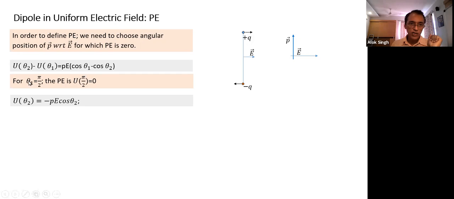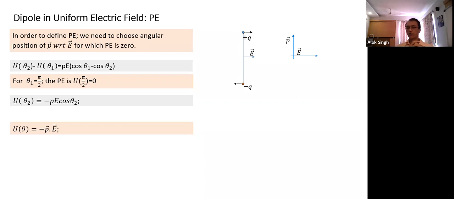And we like this expression a little better. What is this expression here? It's a dot product. So why have we chosen this particular value as a reference? Because if you choose something else, some additional plus minus term will come. So we choose this as a reference because it yields a very good looking, neat expression. Since there's no theta 1, I have placed theta in place of theta 2. So potential energy corresponding to angular position theta is equal to minus P bar dot E bar.